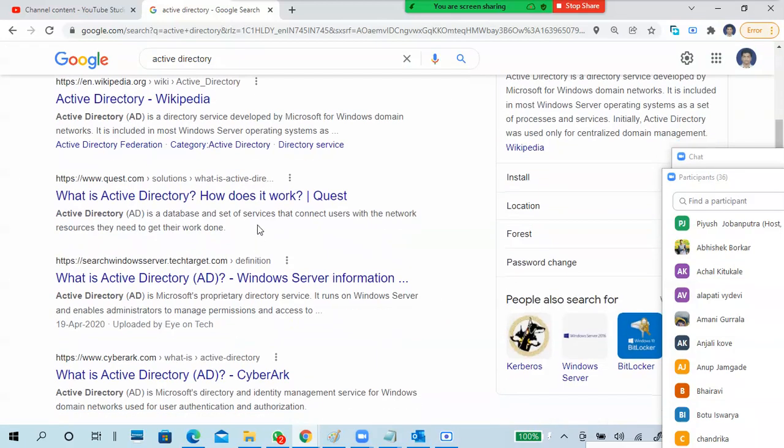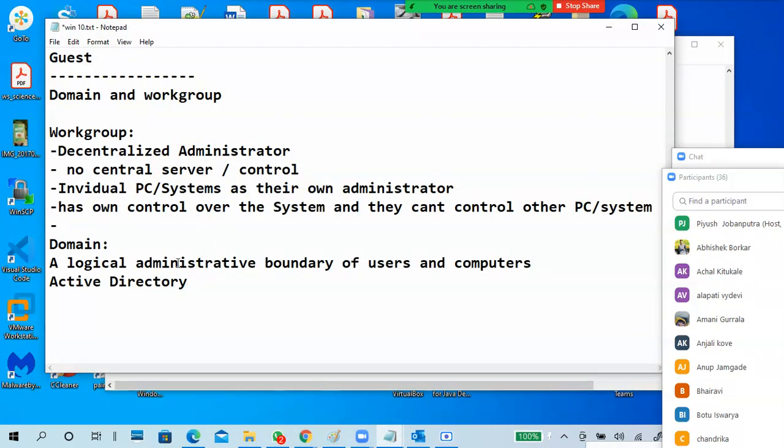That's why it is shown as a Microsoft proprietary directory service. Of course, the Active Directory concept belongs to Microsoft. The short name is AD, or we can say ADDS, Active Directory Domain Services, because in Active Directory there are other services too, ADRMS and the like.